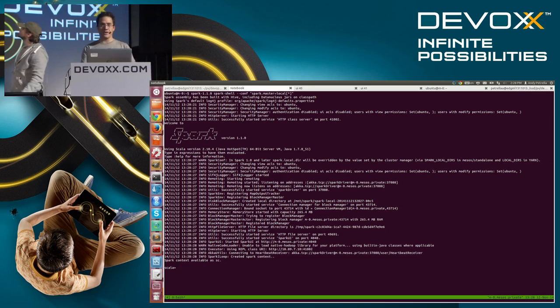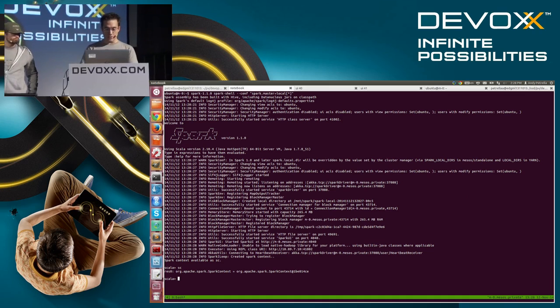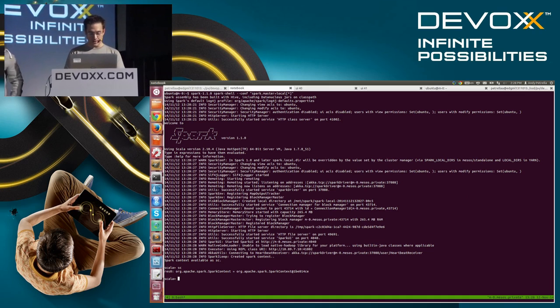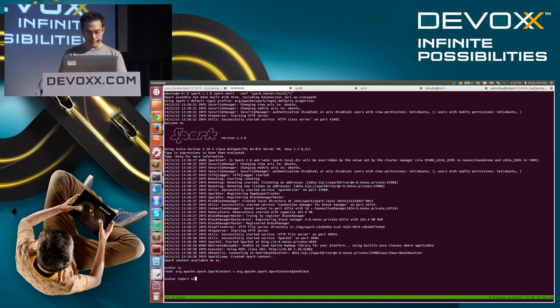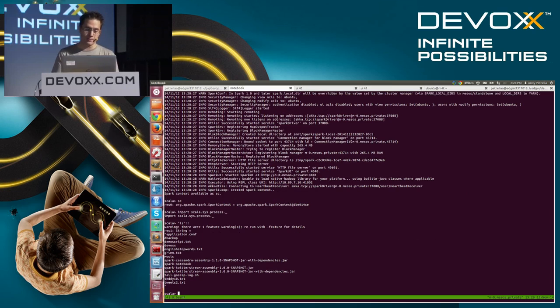All right. So here we have our context. The context is the Spark gateway to the world, and what we can do is ask Spark. I usually do this because I have a bad memory and I want to see what my files are.